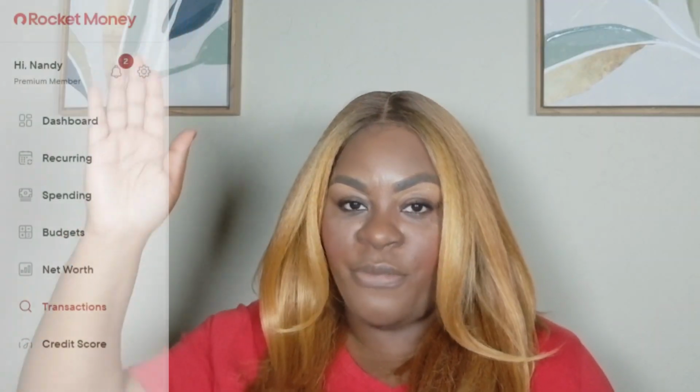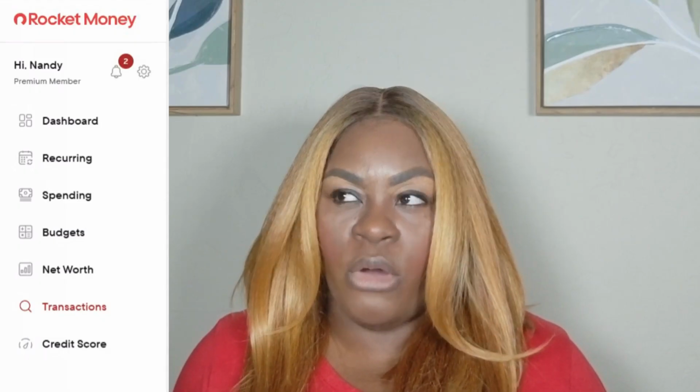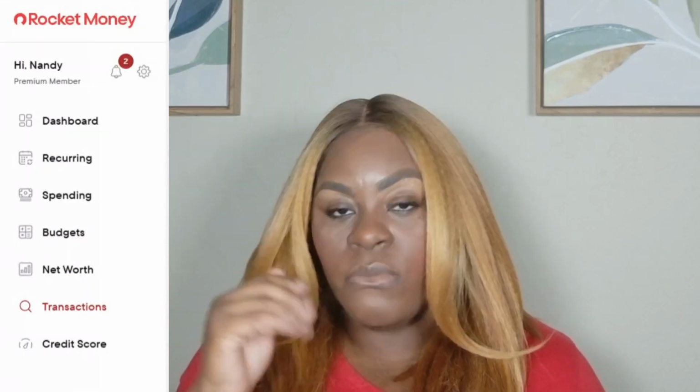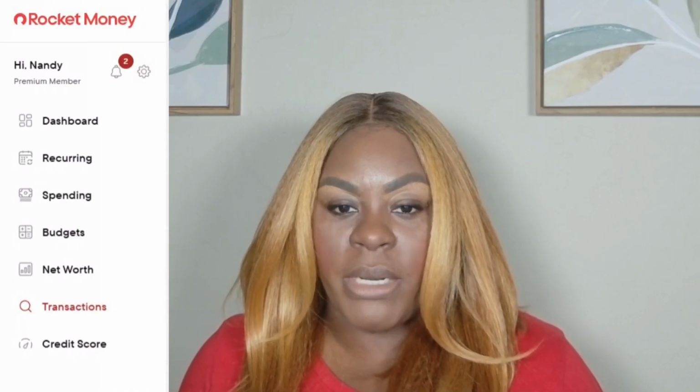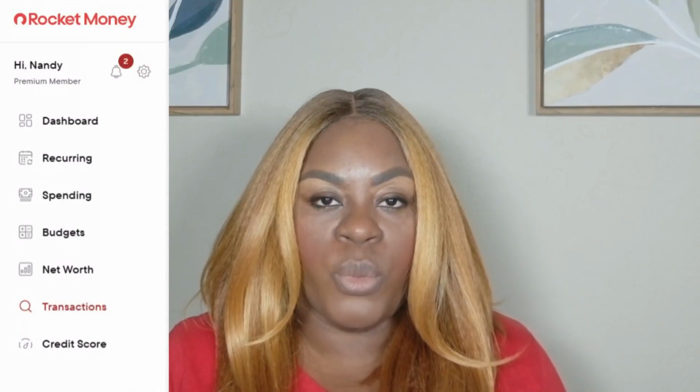Today, however, and in the next few weeks, I'm going to be isolating tab per tab and taking you into a deep dive of how you can use these tabs to really manage your money like the boss that I know you are. But before we go, I want to show you the flow of how all of these different tabs work together to help you effectively manage your money. On the left-hand sidebar, you will see all of these different tabs for Rocket Money. So the way the flow is going to work